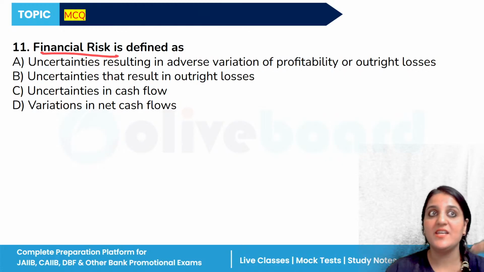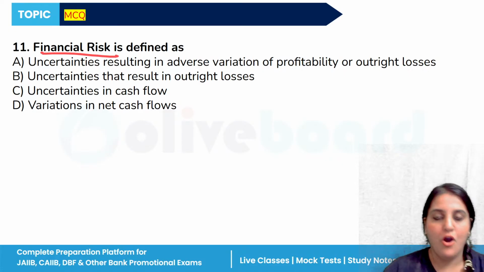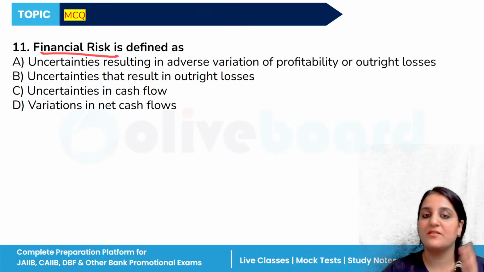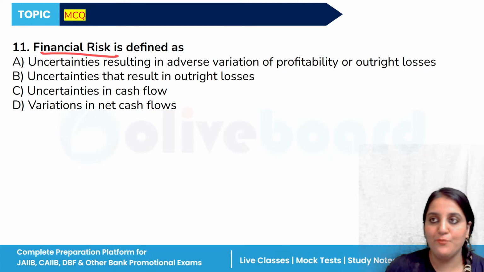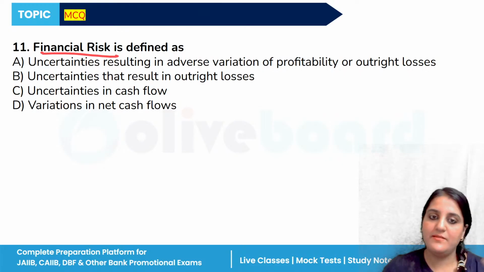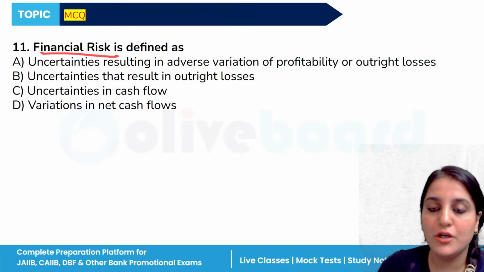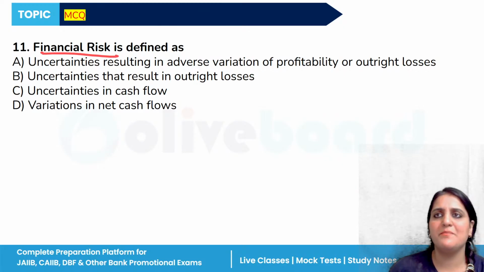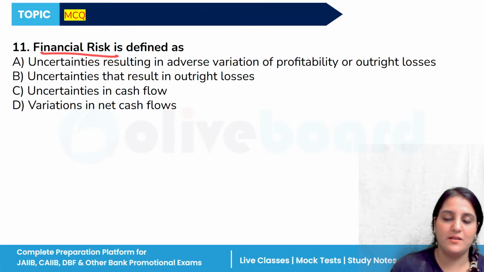We know that when there is any type of fluctuation or change in the market prices, such as interest rates, exchange rates and commodity prices, that means market risk will be there. Credit risk is when borrowers fail to repay, when borrowers are not meeting their obligations. Liquidity risk is when the bank does not have enough cash to meet its obligations. And operational risk means internal failure, and some type of external events can be included in this.